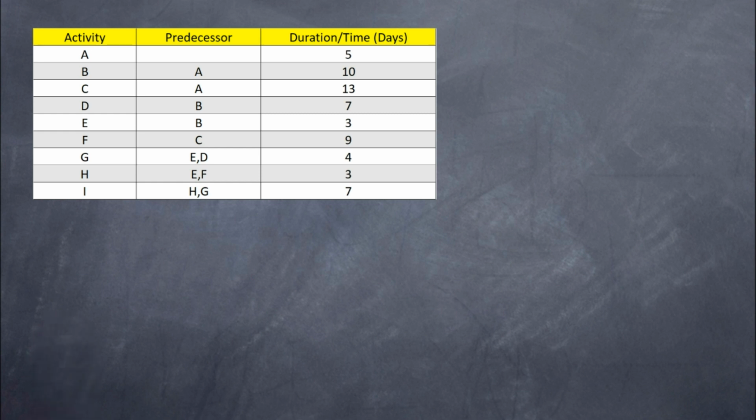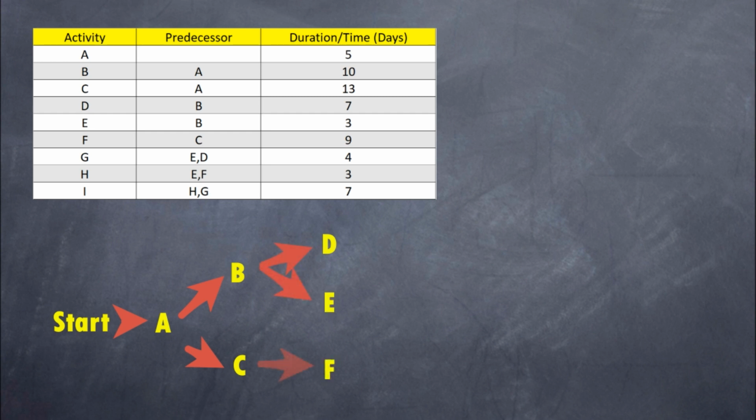I usually like to start with a sketch to make it easier when drawing the full network. Activity A has no predecessor, so it can begin at start. Activities B and C need A to be completed before they can start. Activities D and E need B to be completed before they can start. F needs C, G needs E and D,